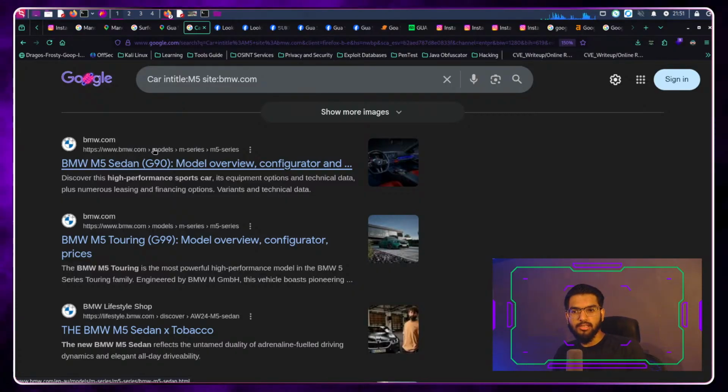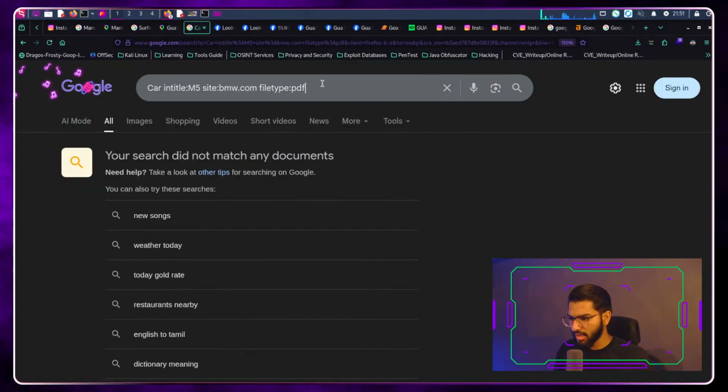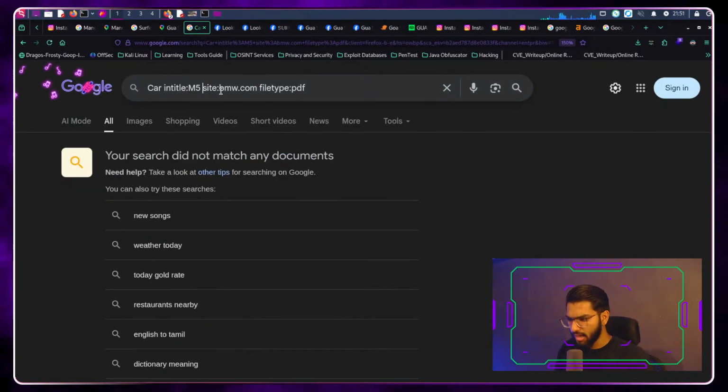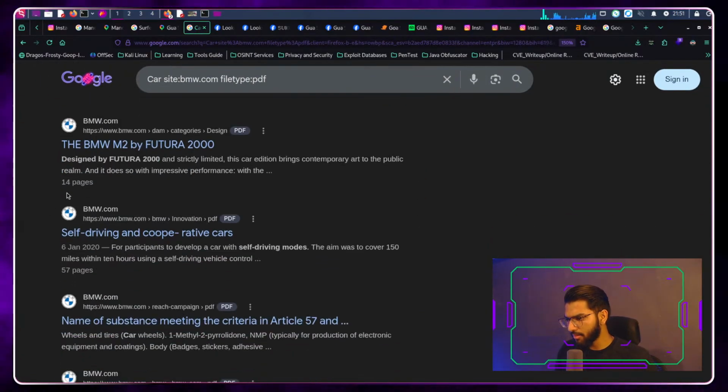These are the normal search engine operators which you can use for narrowing down your search results, getting into very specific details. You can even mention PDF file types. I can say filetype and then say I want to look at only PDFs. Okay, there is none as a PDF. Let's remove intitle and see if we can get any PDFs from it.